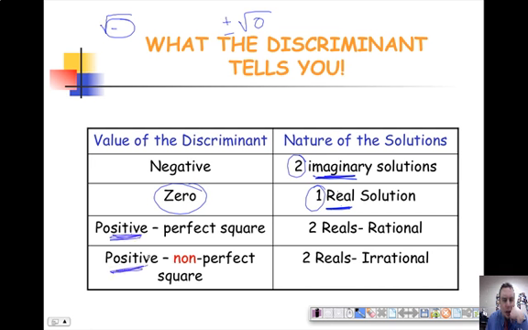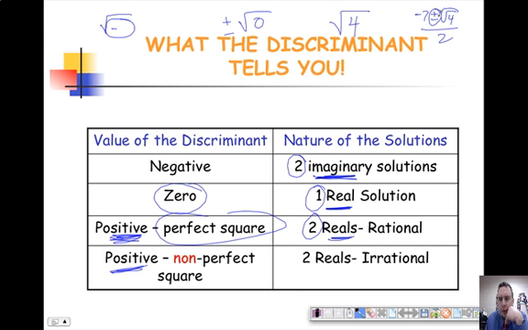So there's 2 things for positive. Positive and a perfect square, meaning this, perfect square, you know what they are. What if you got square root of 4? So negative 7 plus or minus, and you got square root of 4 all over 2. What type of answer? You're going to get 2 answers, right? But what type? Well, you're going to get real